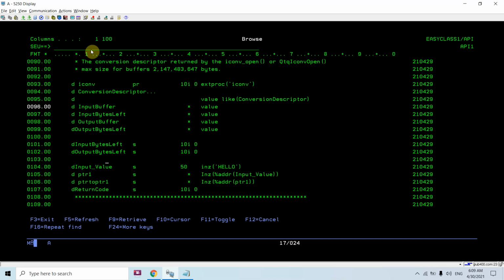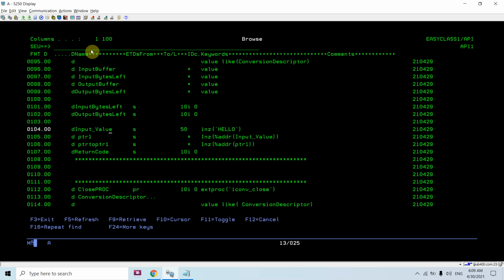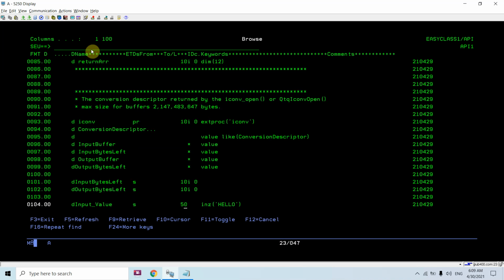So now here is the trick: whatever value we are passing, for example I am passing an input value of size 50, let's say I can pass up to this. So basically the max size for the buffers is what I mentioned. So whatever the conversion descriptor is will be passed to this.